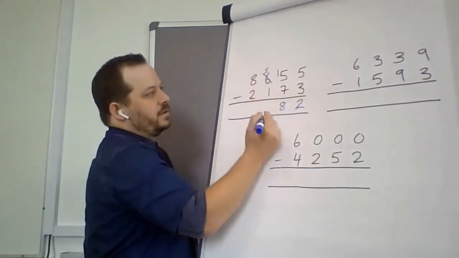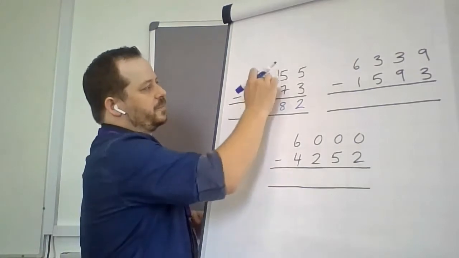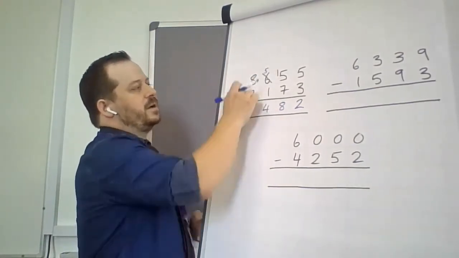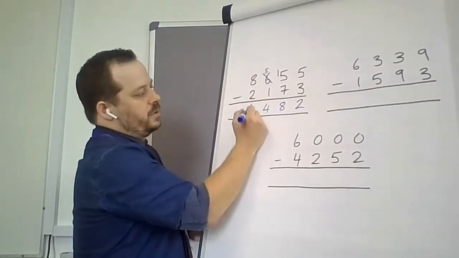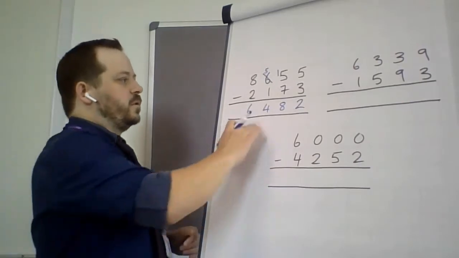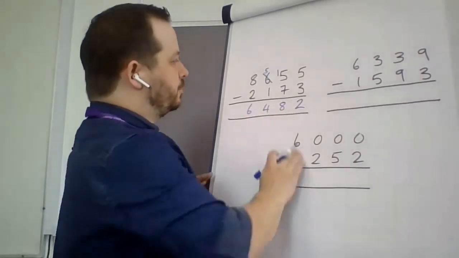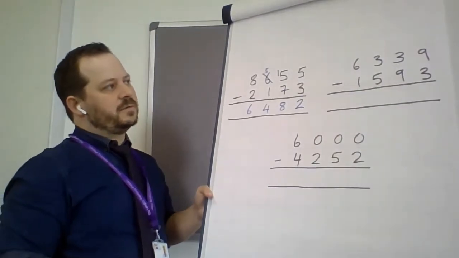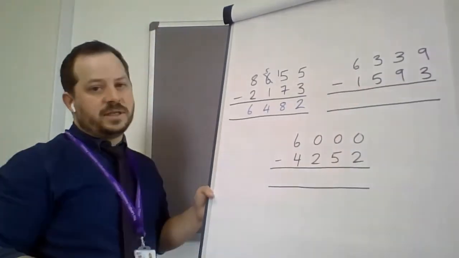Now we do 5 minus 1, or 500 minus 100, which is 400 or 4. Then we do 8,000 minus 2,000, or 8 minus 2, which is 6. So the answer is 6,482. Moving on to our next question over here, we've got 6,339 minus